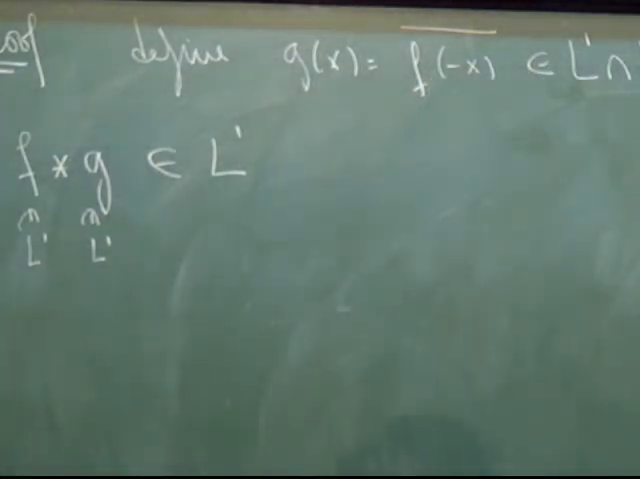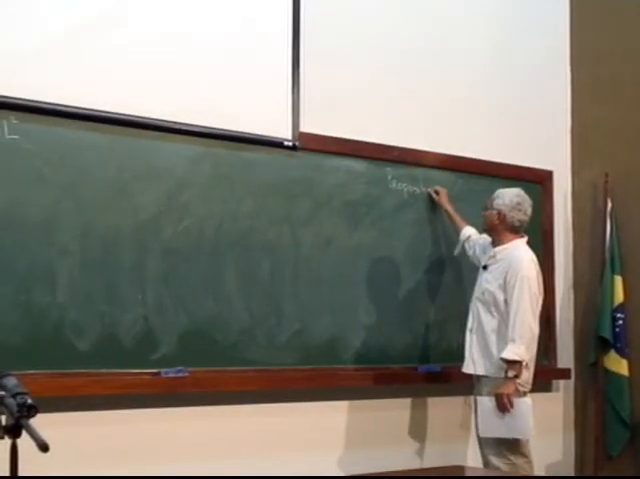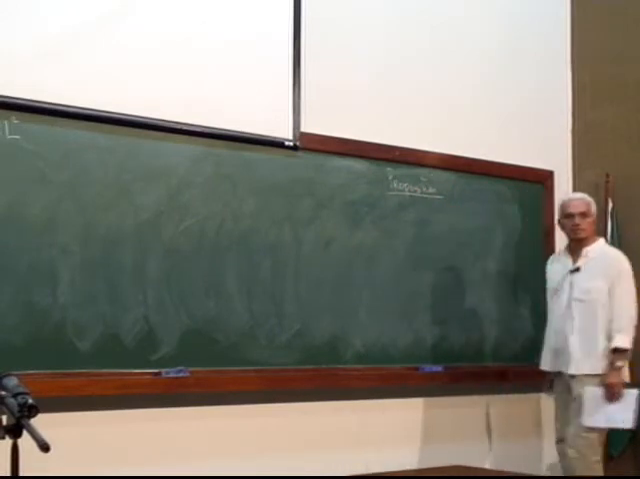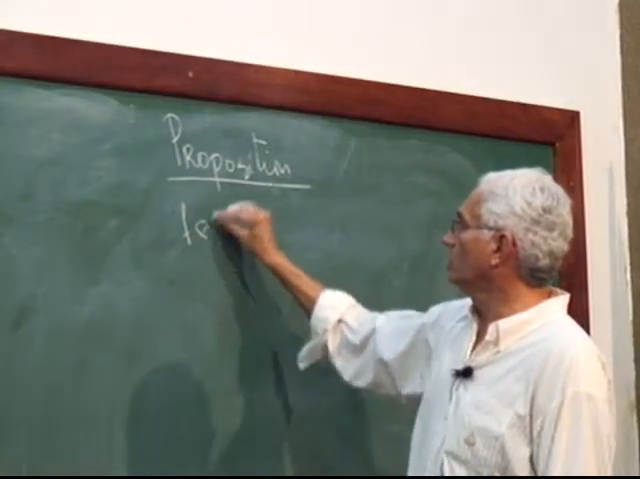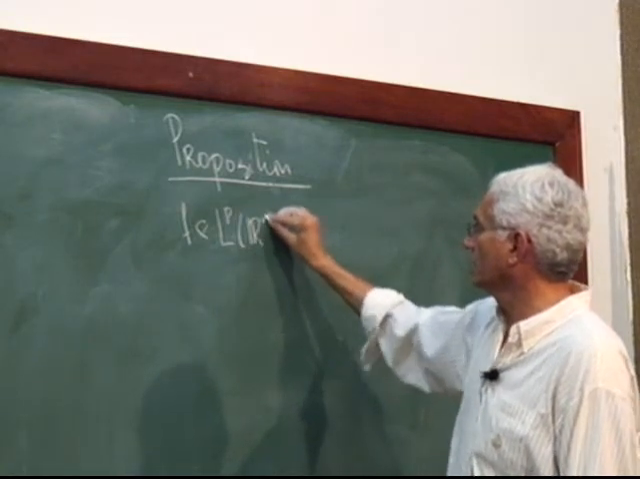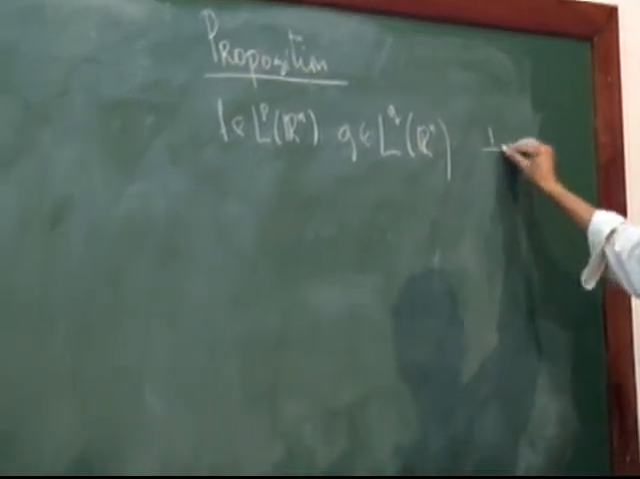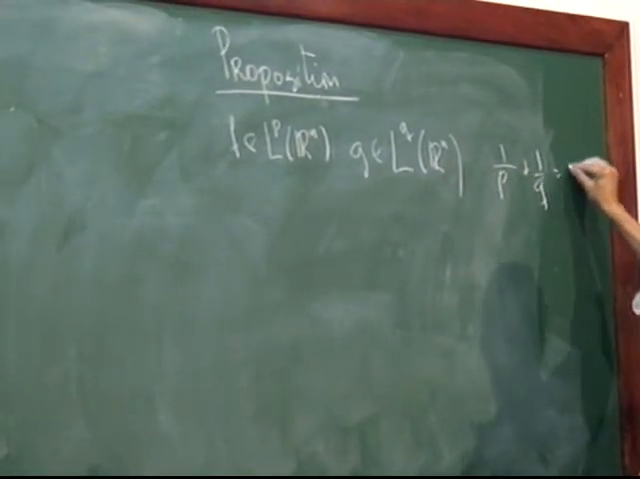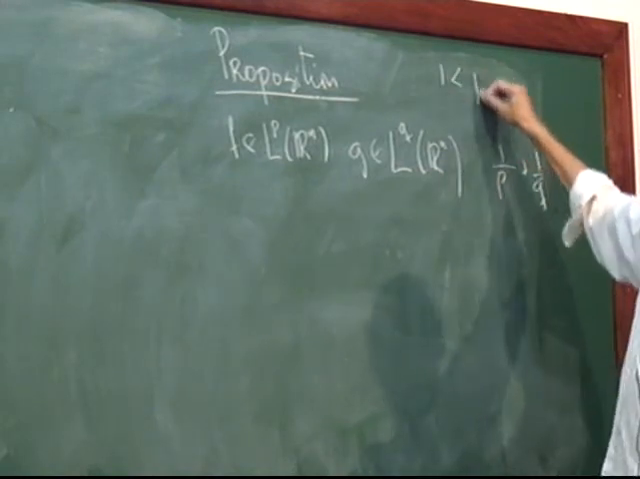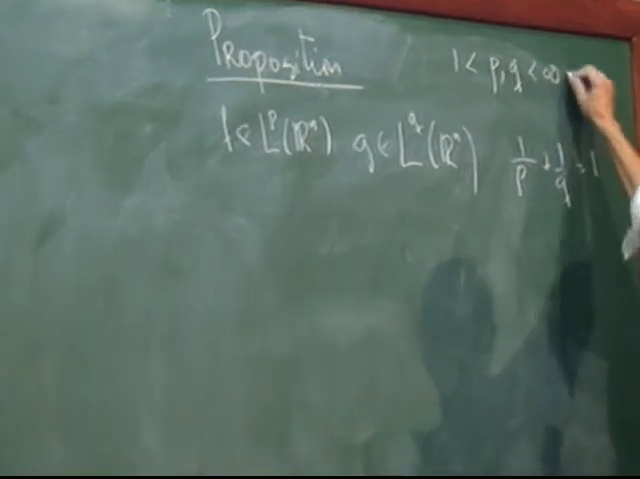But also you have the property of convolution of functions, this proposition, that if you don't believe it or you want to know the proof, we can do it together in my office. It says the following. Suppose that F belongs to LP in Rn. Suppose G belongs to LQ in Rn. Suppose 1 over P plus 1 over Q is equal to 1. Suppose that none of them is infinity or 1. Then